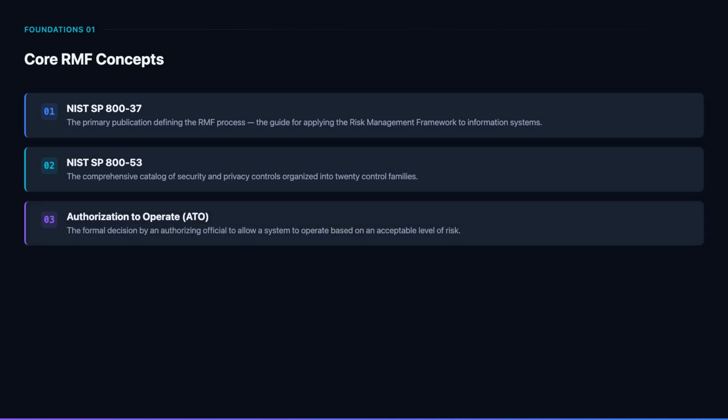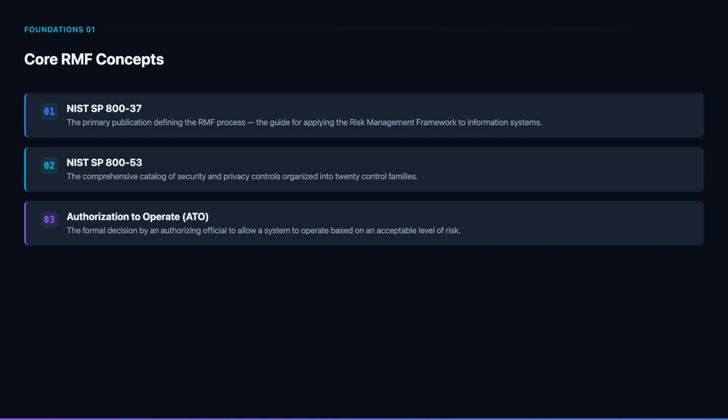Authorization to operate, or ATO, is the formal decision by an authorizing official that allows an information system to operate. It's based on the determination that the residual risk to the organization is acceptable. Achieving ATO is the primary goal of the RMF process and requires a complete authorization package demonstrating that security controls